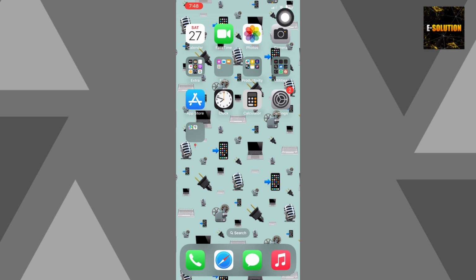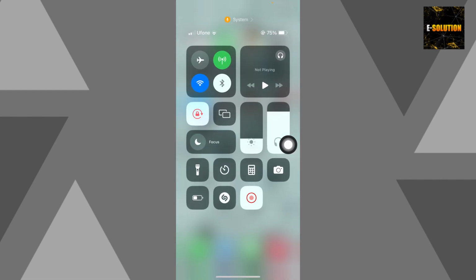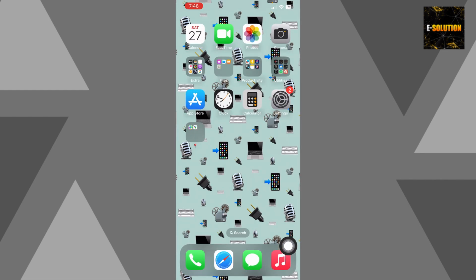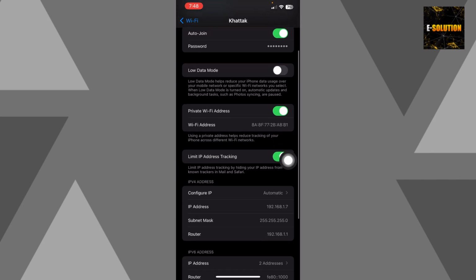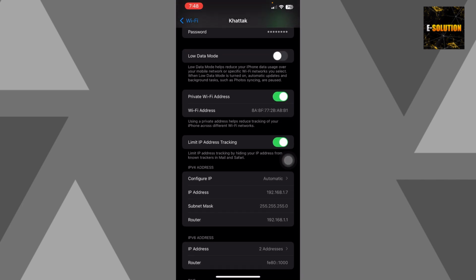You can just open your control center by dragging the top right corner downwards and just choosing your Wi-Fi by long pressing it, or you can just go to your settings and open your Wi-Fi. Now once you're on your Wi-Fi, you simply have to scroll down, and here you'll find this option that says